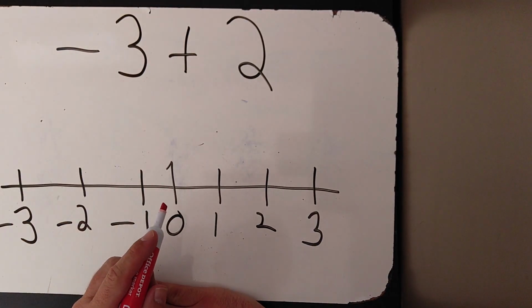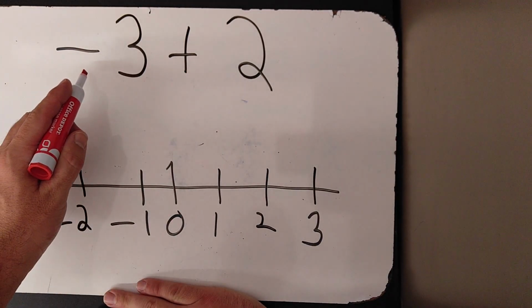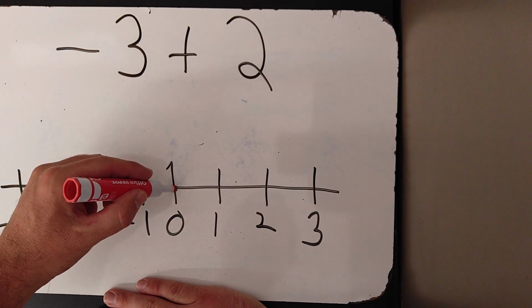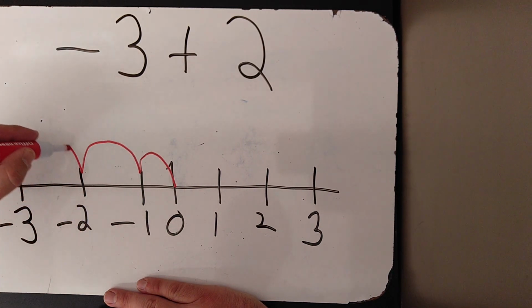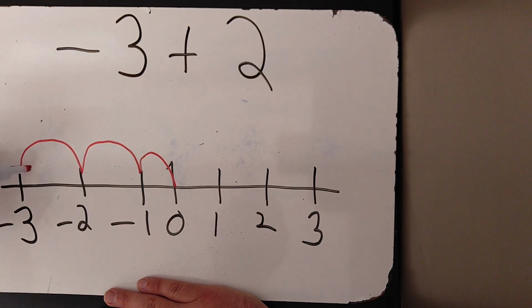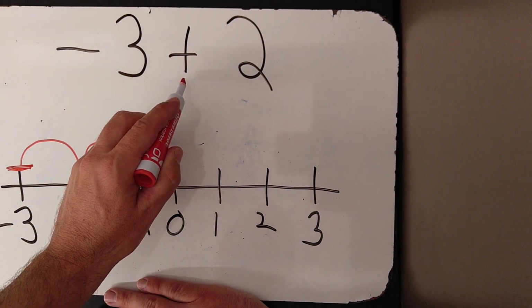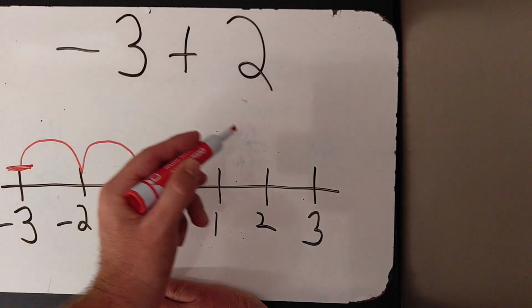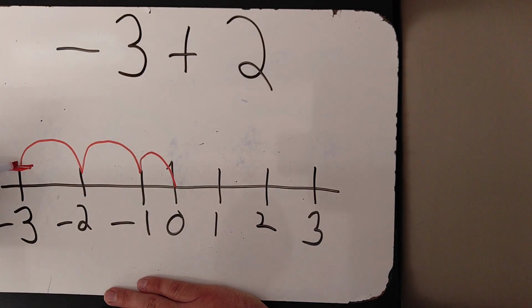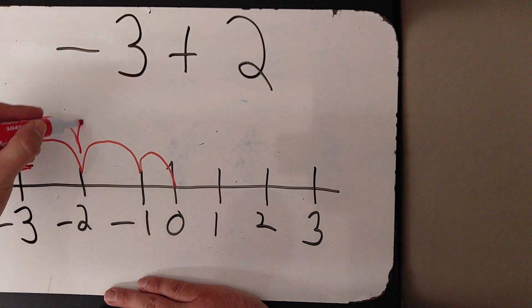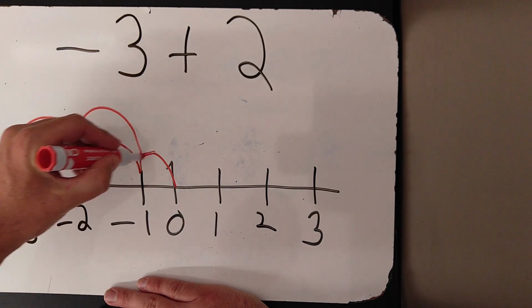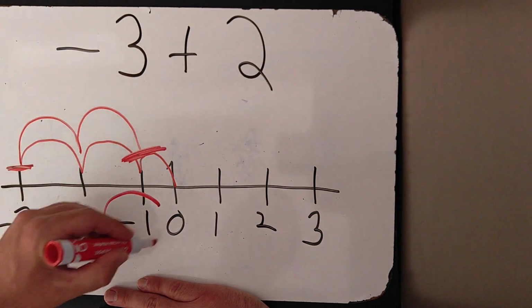Starting at 0 in the middle here, looking at the first number, -3, you can go back 3 spaces, 1, 2, 3, and you'd be right here at -3. Then you'd look at the next number, which is +2, meaning you'd be going to the right. So you'd go to the right, 1, 2, and you'd end up back here at -1,